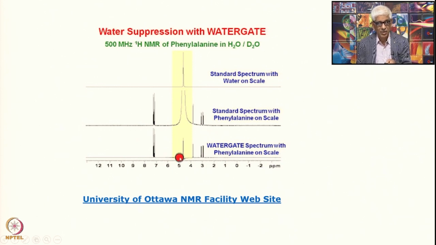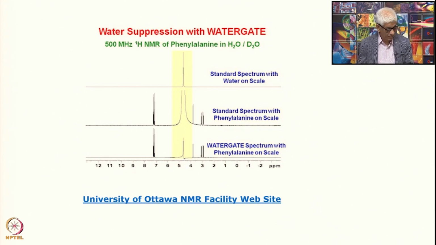Now you do an experiment with a WATERGATE. Now you suppress the water, and you see where the water is. This is the water signal. The water signal is much less than your actual sample signals. These are your sample signals, the phenylalanine signals, and all of these belong to phenylalanine. Now you see those are stronger than the water itself. This is what is achieved by the WATERGATE pulse sequence which I described to you last time,